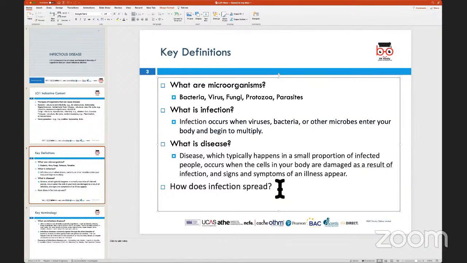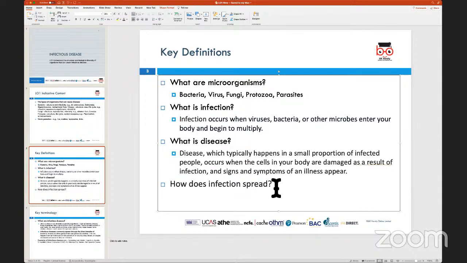If, for example, we talk about the COVID-19 virus, because obviously it was a virus which essentially caused the pandemic, but how does the infection spread? So, yeah, go on. It can spread through hands. Yes. So transfer absolutely is the right word. The word is transmission. So transmission of microorganisms, which could be done through,